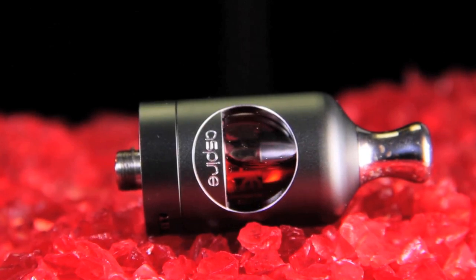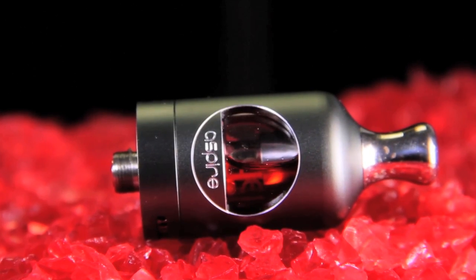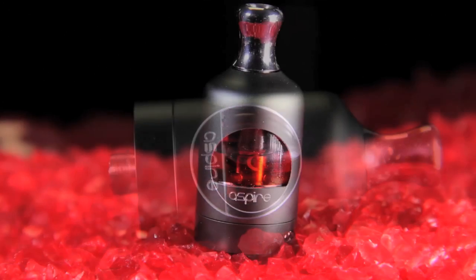Today I got something new for you, especially for you mouth-to-lung vapers out there. I know a lot of you think that the industry's not really showing you any love, that everything's about sub-ohm and direct lung inhaling. We do got you a nice mouth-to-lung tank today, and that is none other than the Nautilus 2 from Aspire. The Nautilus has been one of the most popular mouth-to-lung tanks for a while now. Great flavor,